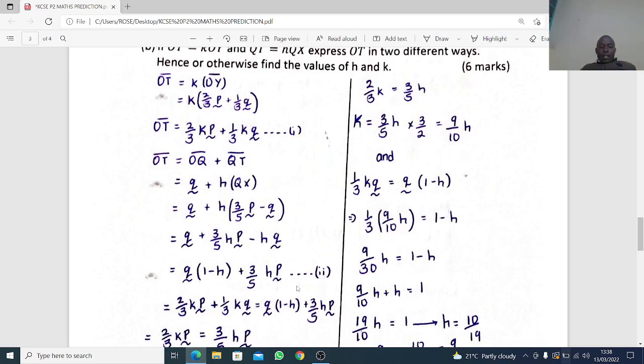Now we equalize equation 1 and equation 2, or we solve them simultaneously, that's what we mean. Because both of them are OT, that means they are equal. So if we equalize, then the factor of Q will be equal and the factor of P will be equal, meaning that